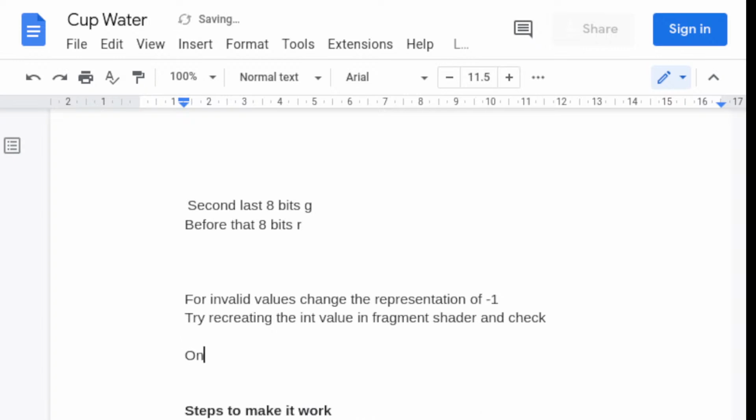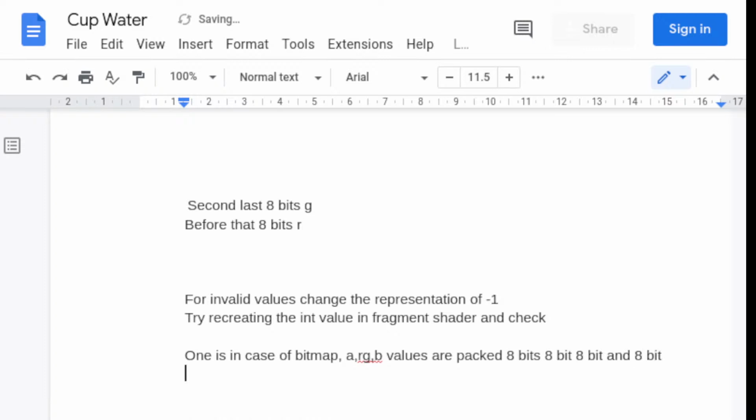One is, in case of bitmap, ARGB values are packed: 8 bits, 8 bits, 8 bits and 8 bits. This is one thing. Second is,